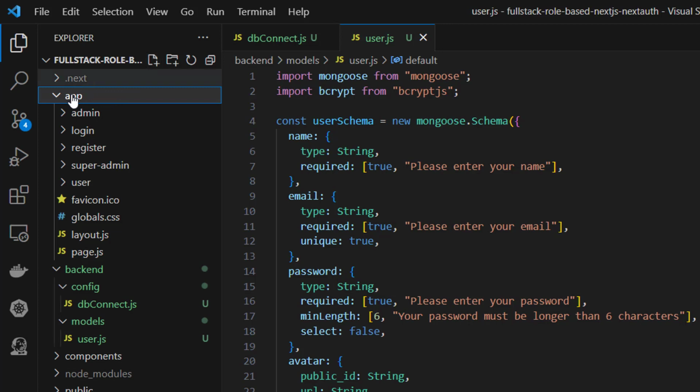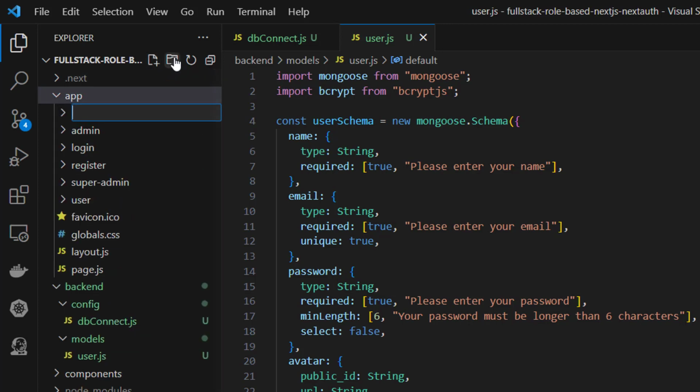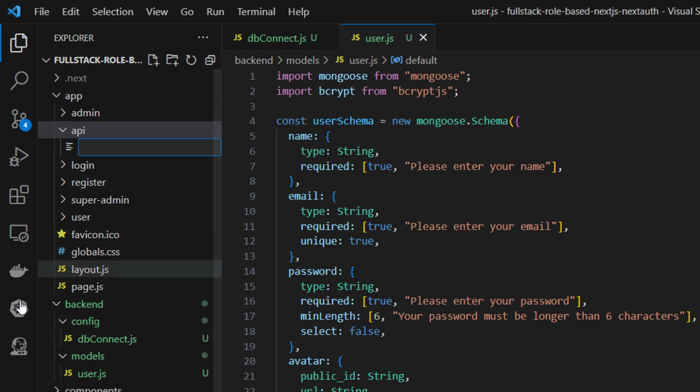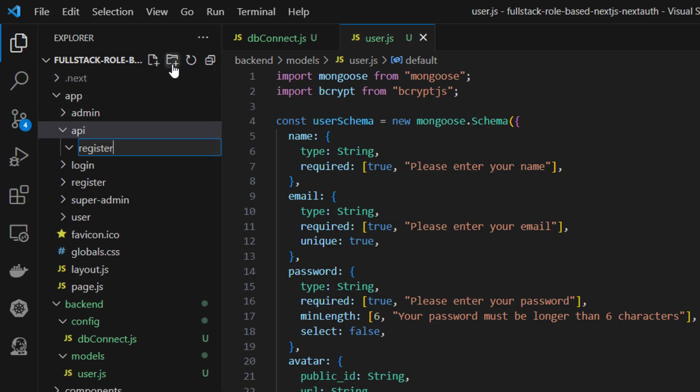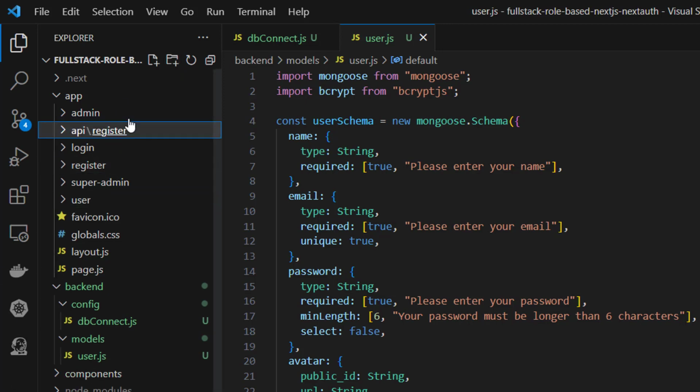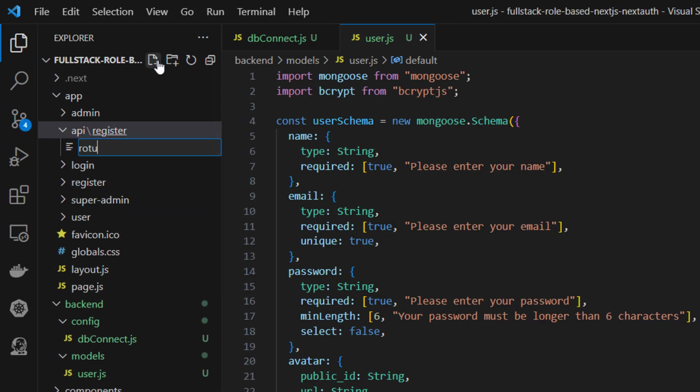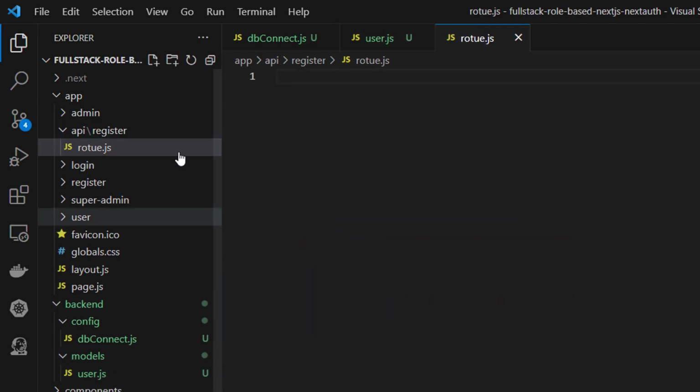Okay, in the app directory, as this is the API endpoint, it is serverless. This is the convention in the app directory. You have to write down api, then register, then route.js. So in the route.js, what we need to do,